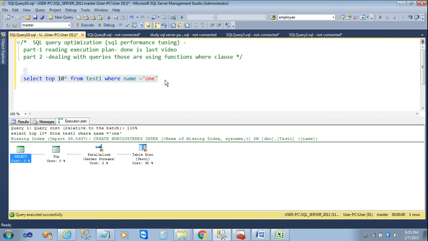So I will add one primary key, which will automatically add a clustered index. I'm writing an alter statement: alter table test1 add constraint